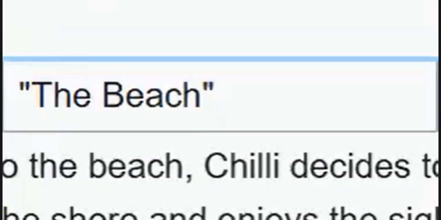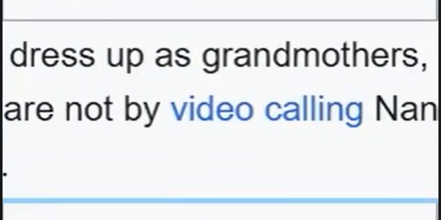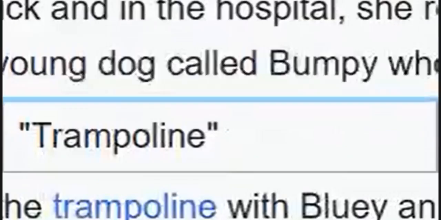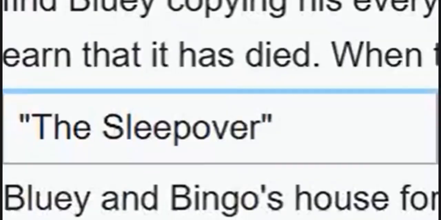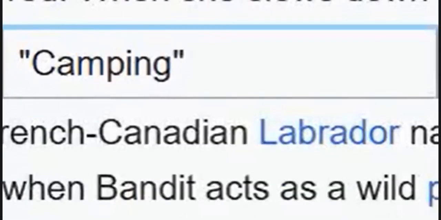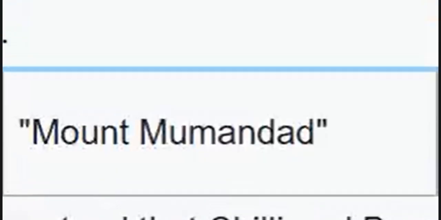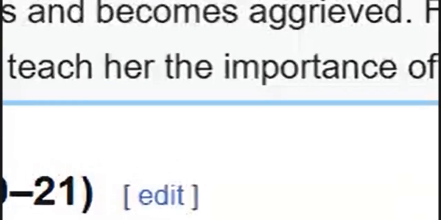taxi, the beach, pirates, grannies, Dookie, Aries, work, puppy and morsel, bullfarm, trampoline, the dump, zoo, backpackers, adventure, copycat, sleepover, early baby, moms and dads, hide and seek, camping, mom and dad, kids, chicken rat, neighbors, teasing, asparagus, Sean, daddy put down, and Brand